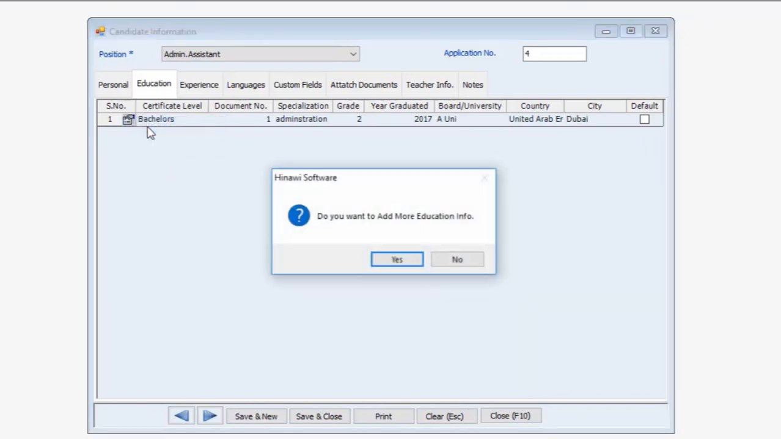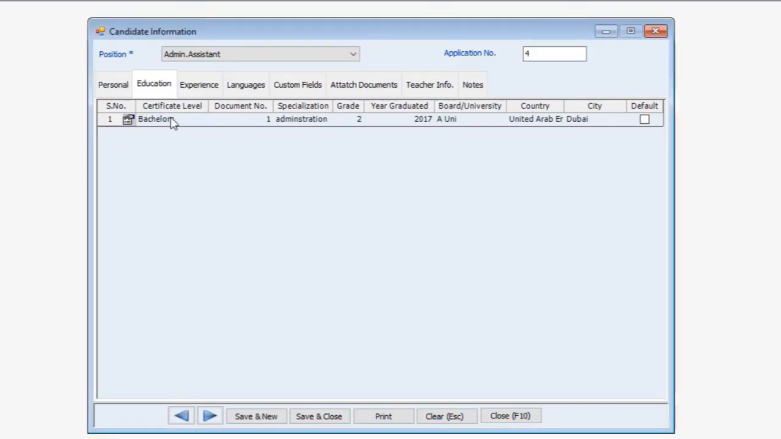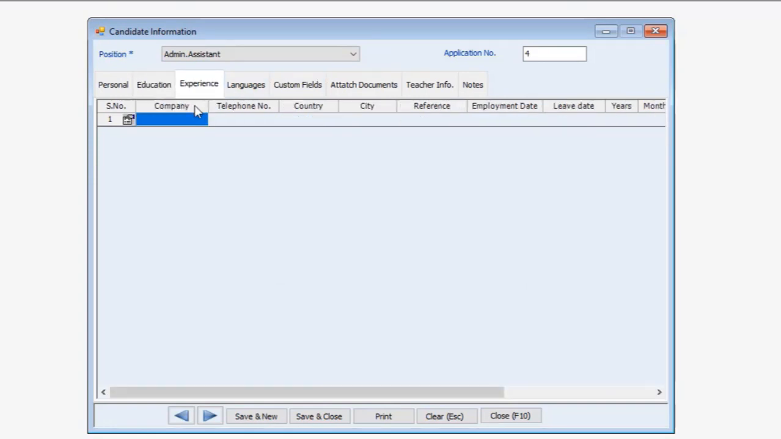Now in this case, if we want to add more, the system will allow us to add more because we already filled this row. But now we don't want to add more. We're just going to see the other tabs regarding the experience, all the previous experiences. So X company,